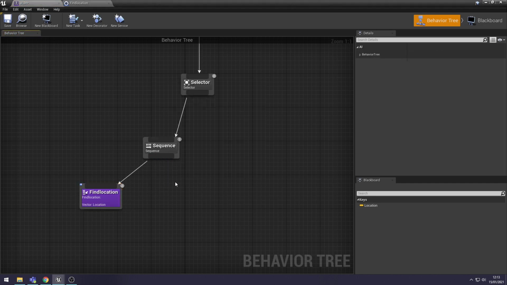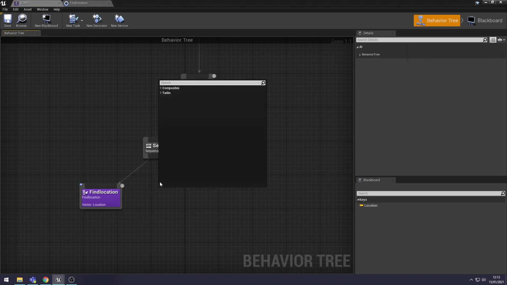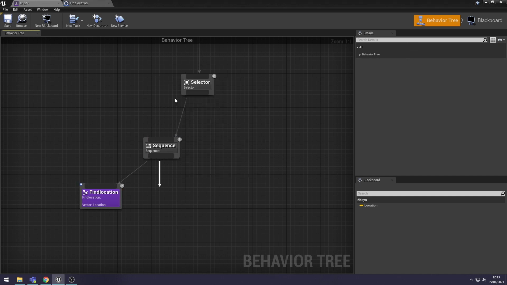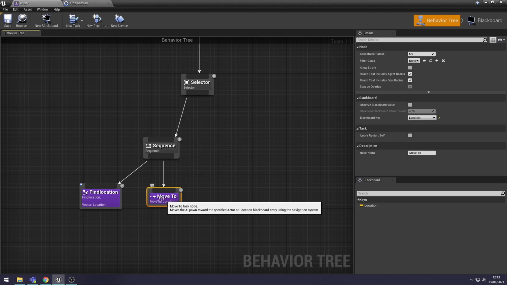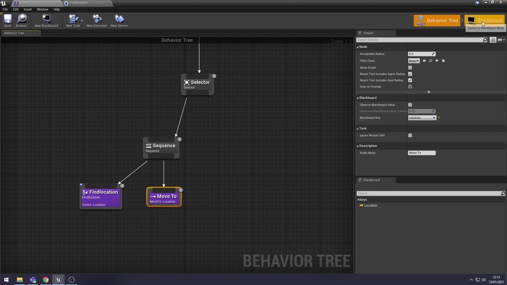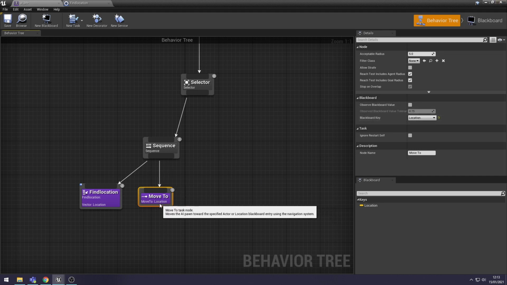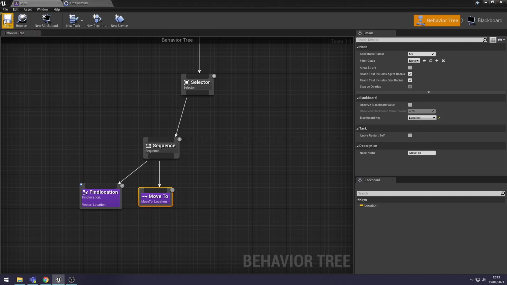So we can just left click and drag off the sequence and search for move to. And then again, you want to make sure that the blackboard key here is your location, your key you made in your blackboard. So if we save that,